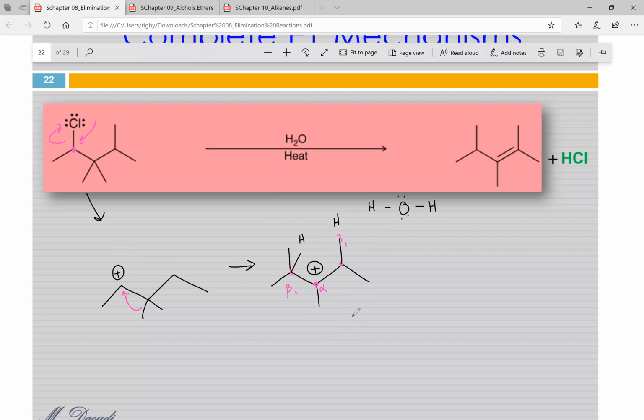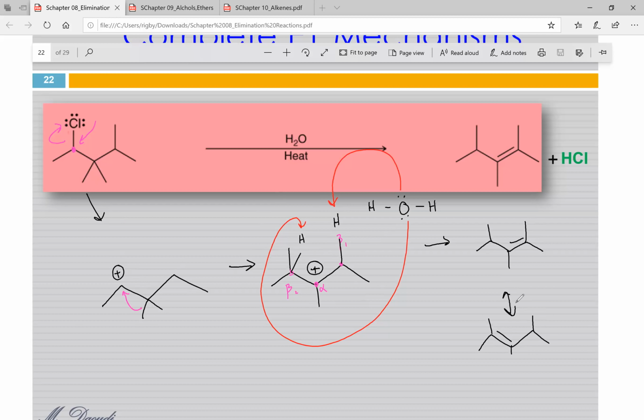Okay? All right, so the next step of this reaction is our base either grabbing the hydrogen from beta 1 or it'll grab the hydrogen from beta 2. So if we look here, we can see the product when we grab beta 1 looks like this. And then if we grab the hydrogen from beta 2, it looks like, that is ugly. It looks like this. And you can see here, these two are basically the same thing, because we can see that if we sort of turn this guy around and see where the double bond lands,